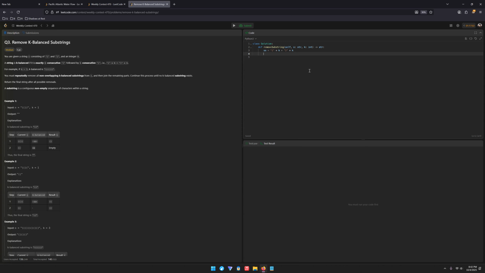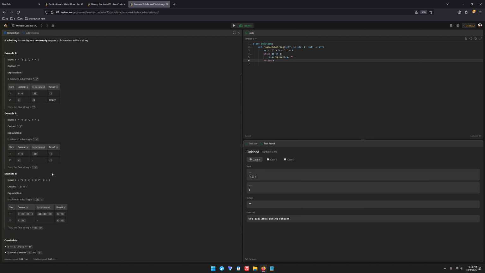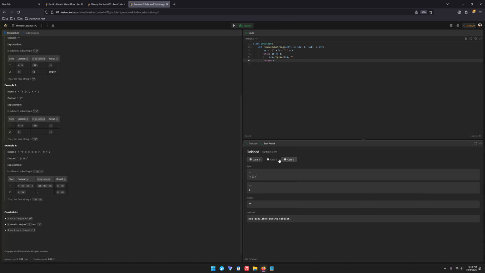They have to be non-overlapping. While SS in S, S equals S dot replace SS with nothing, return S. Return the final string after all possible removals. Okay, so empty, and then